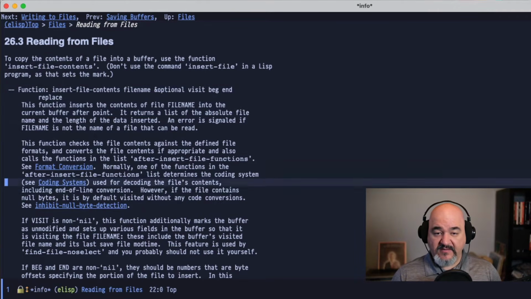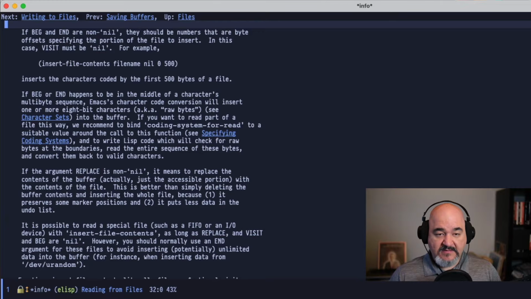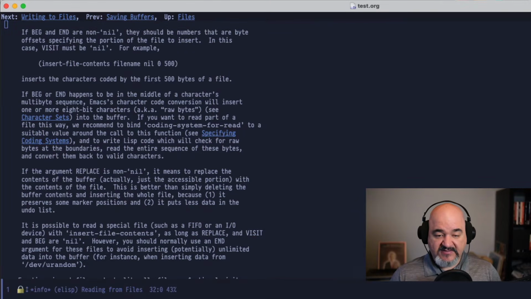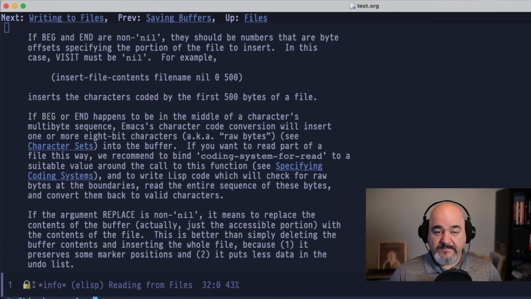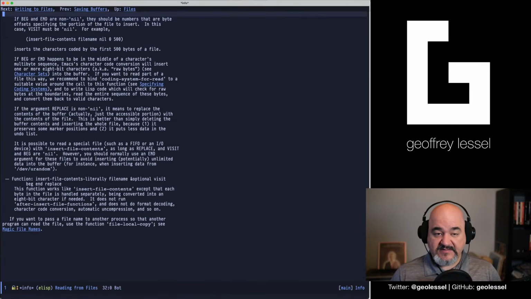So what are those? Do we need those? So visit, if visit is non-nil, you know what? Let's increase the font size here. I should have done that at the beginning. Sorry about that. Go back here. Let's just close this as well. All right, so